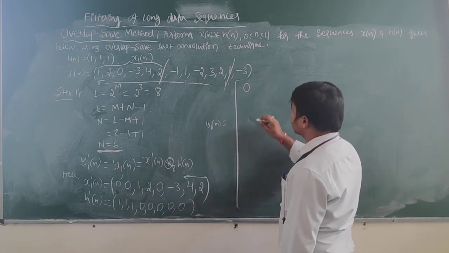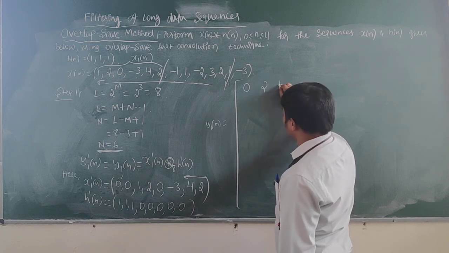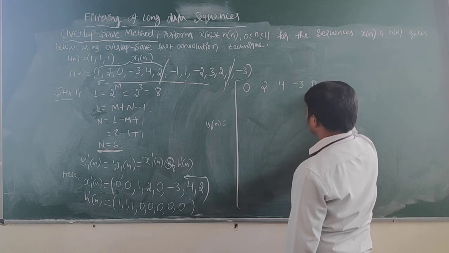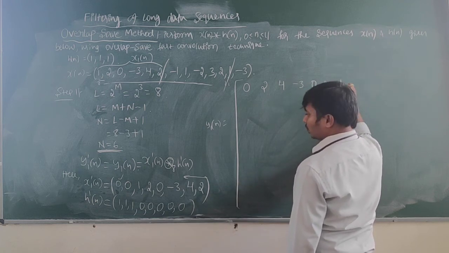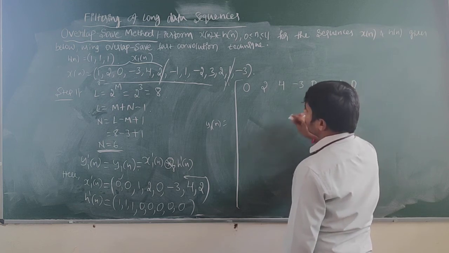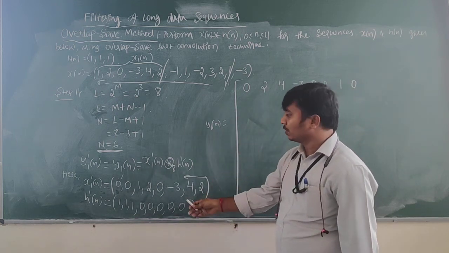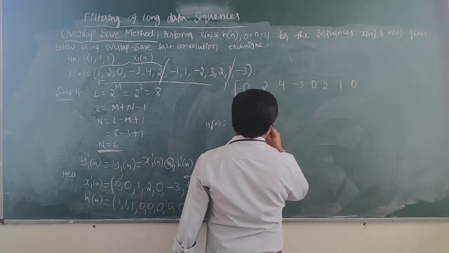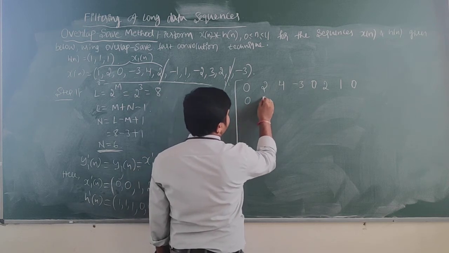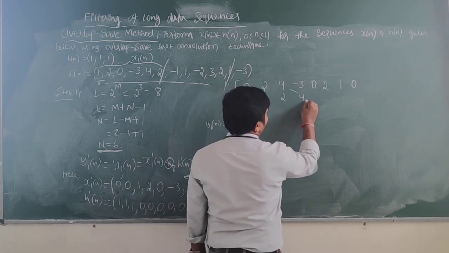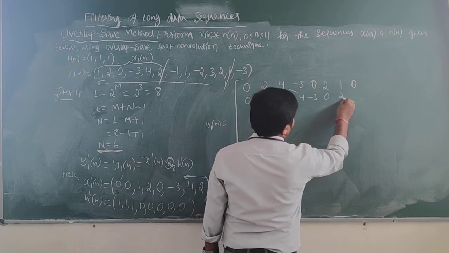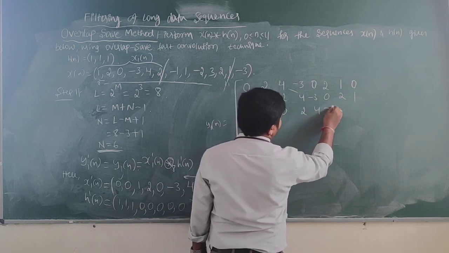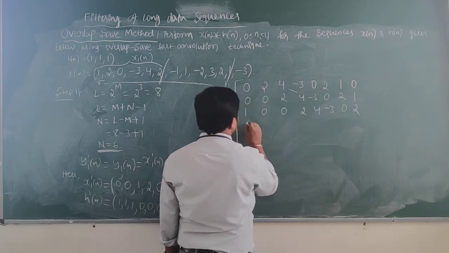So next 0, 2, 4, minus 3, 0, 2, 1, 0. How many rows do I need to write? Here I have 8 points, so I need to write 8 rows. 0, 0, 2, 4, minus 3, 0, 2, 1, 1, 0, 0, 2, 4, minus 3, 0, 2, 2,